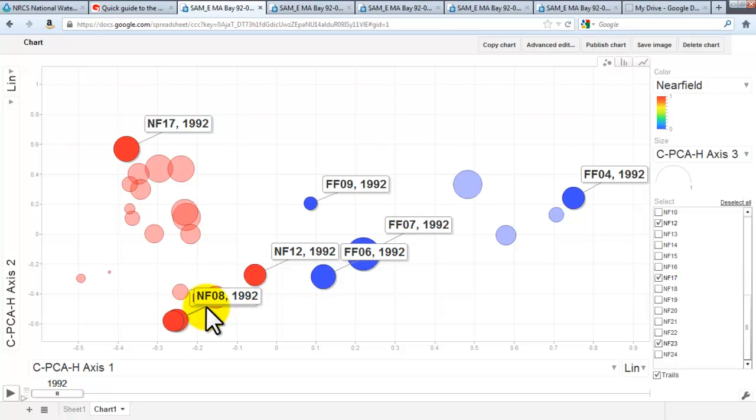First time through, we'll focus on NF2, which is a station that started out at about 80% silt clay, and then the station location remained the same. It was located by GPS, but a sandbank covered that original sampling location and the original community. This ordination diagram is based entirely on changes in species composition, not on grain size, although grain size is used to basically reorient the display